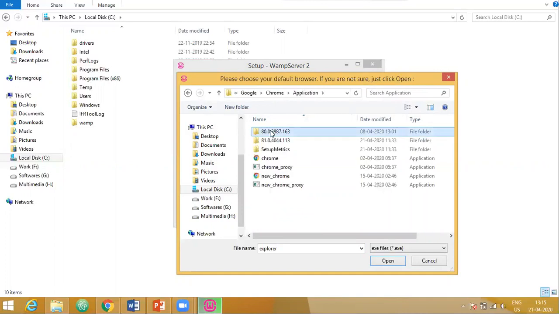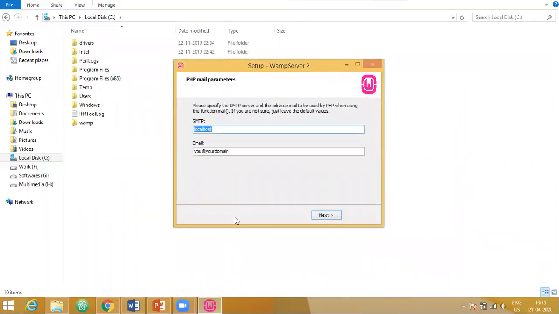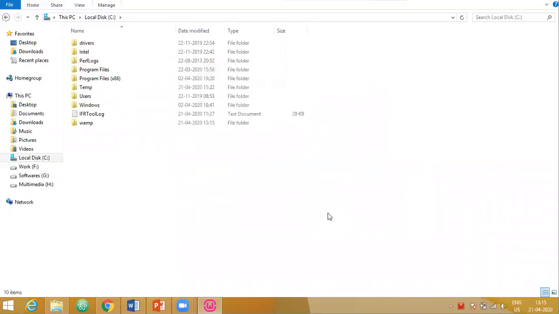If you do not have Chrome and you have only Internet Explorer or Firefox, you can choose the browser of your choice. Now it is asking you for your SMTP and email. By default, it has these values, so just leave it as it is and say next. So our WAMP server is installed.